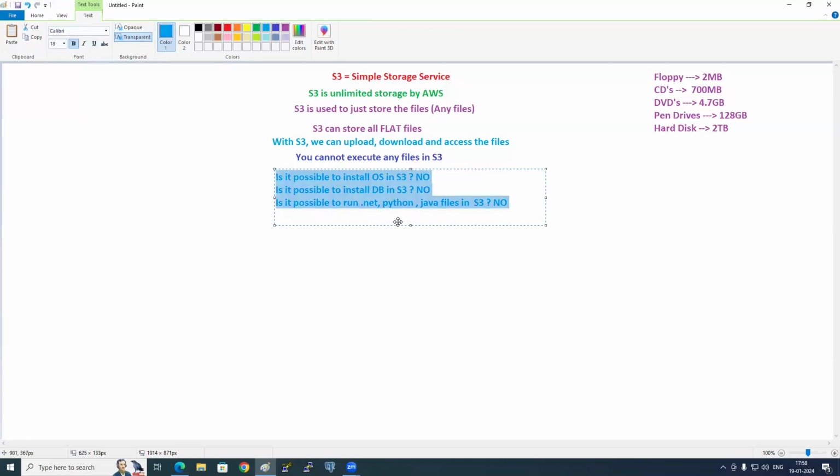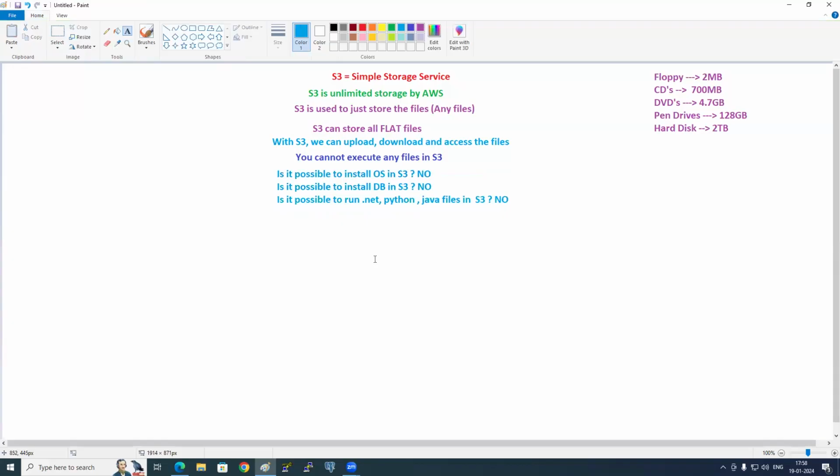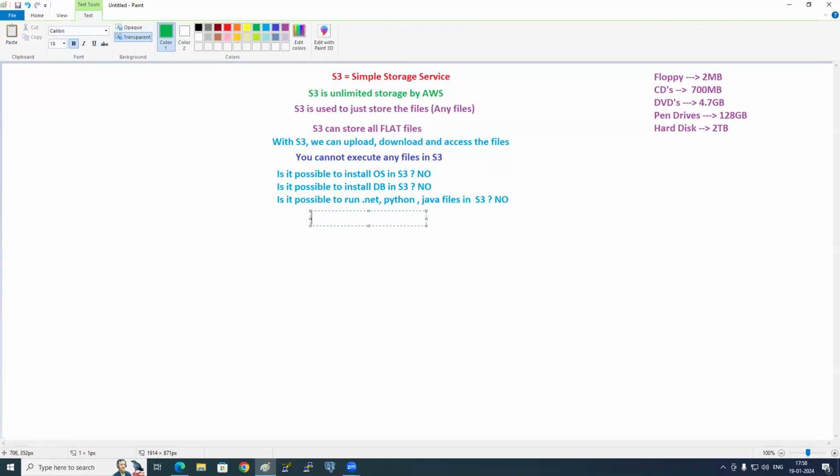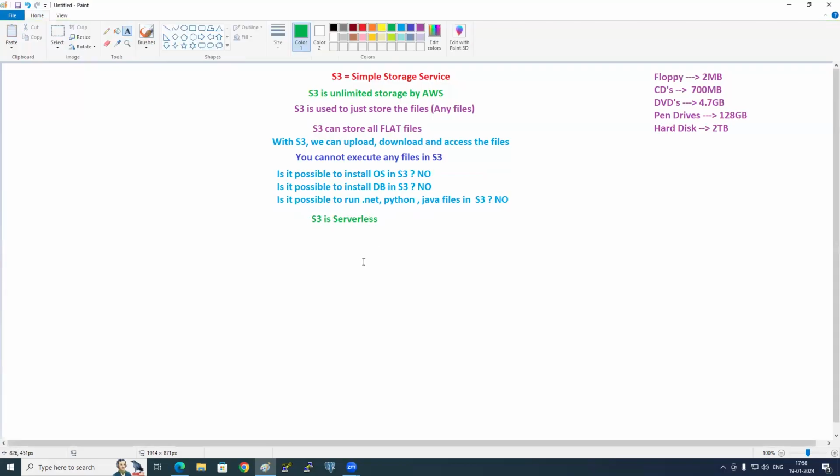So do you remember now? S3 is just used to store the files. And Google Drive is server-based or serverless? For us, server. And S3 is serverless. As it is serverless, do we need to worry about the performance of S3? Do we need to worry about elasticity, scalability, etc. for S3?